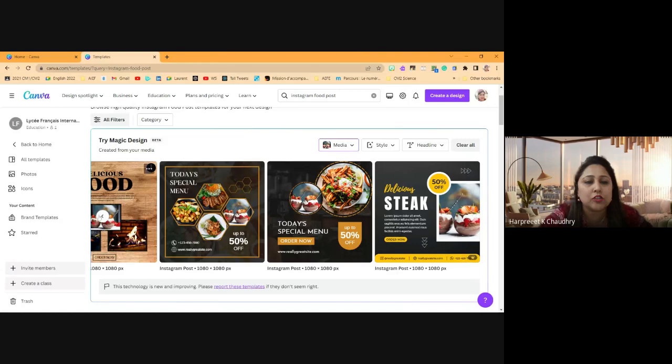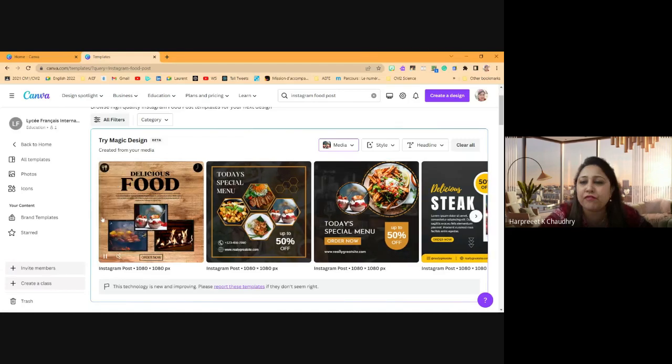So these are just a few options. If I'm not happy with it, I can again recreate, regenerate, like you do in ChatGPT, you just regenerate responses. So this is your media where you add. Then comes our next tab, which is the style tab. So you just click on this, and it gives you